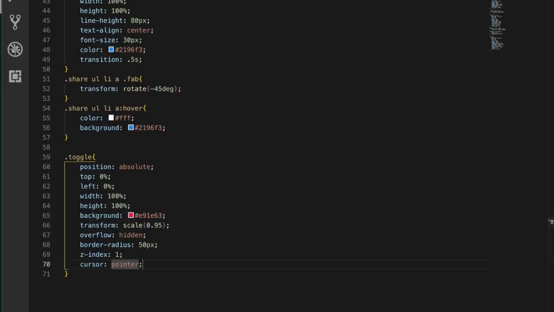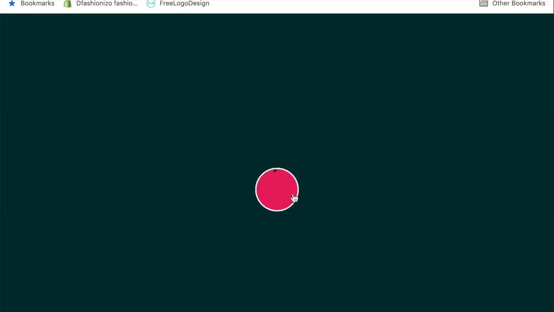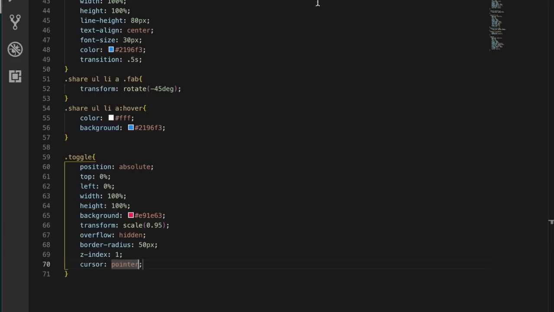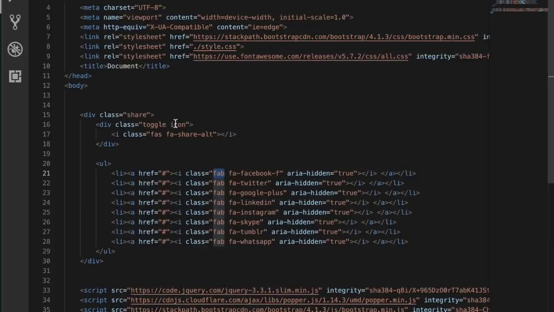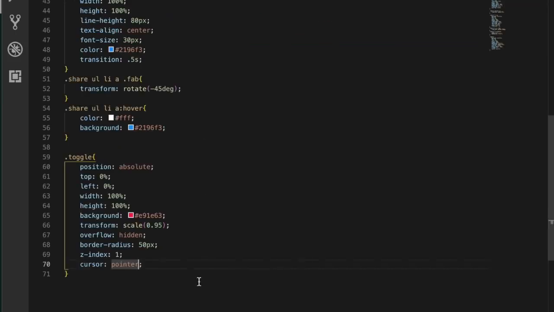Now you can see a little bit of effect on this. This is the toggle wrapper we created. You can see we have no icon here. The other toggle icon we created here, you can see we already gave it a class of icon. So now we need to describe this icon. We can describe it with this, or with this, whatever choice you guys have. I'm going with this class for share art, so .fa share art,